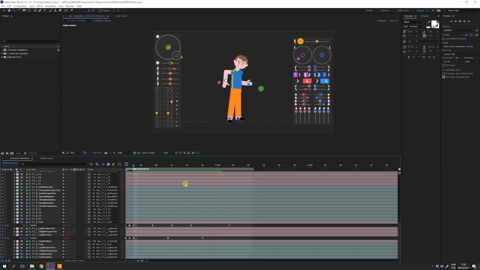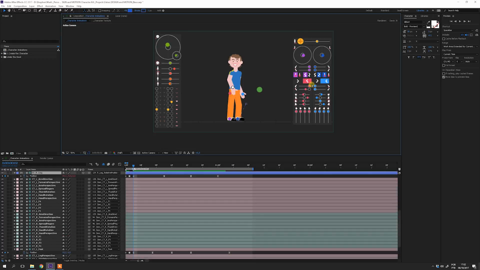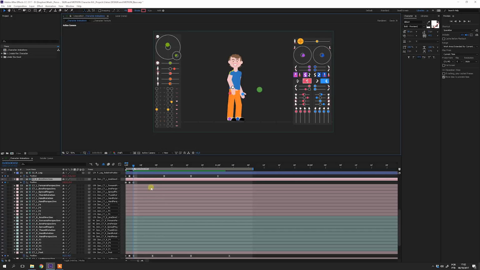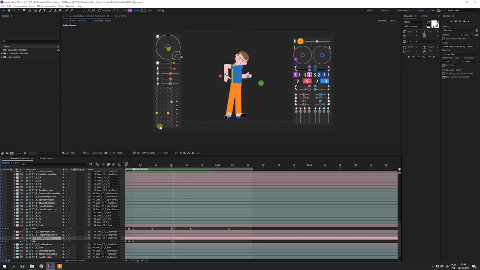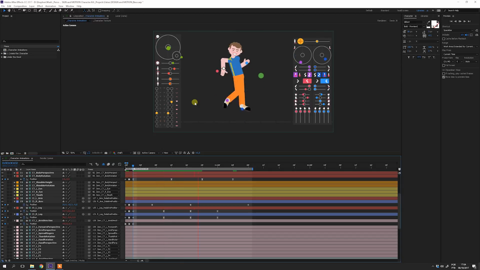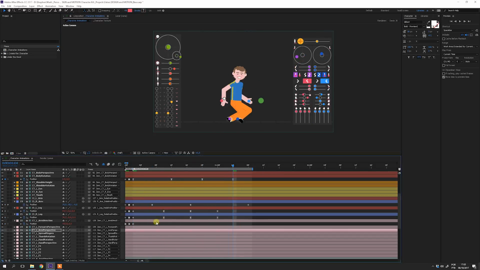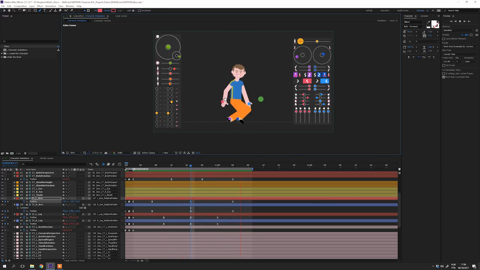There is a fast way to find the controller that you are using on the timeline. Just select it on the user interface, then hit Ctrl Up and Ctrl Down, Command if you are using a Mac. Then press P to show the position keyframes. And this way you can see the controllers and keyframes that you are editing. It's very useful. Well, it's a weird animation, but it's just to see how it works.